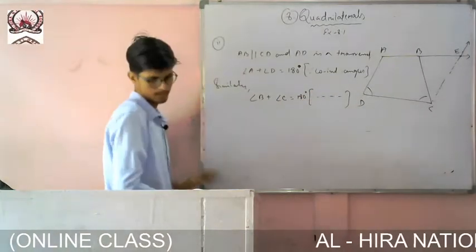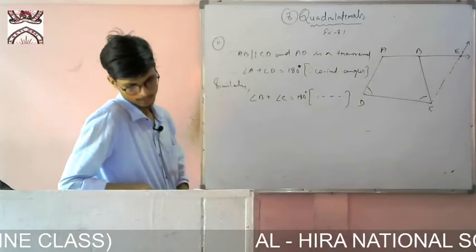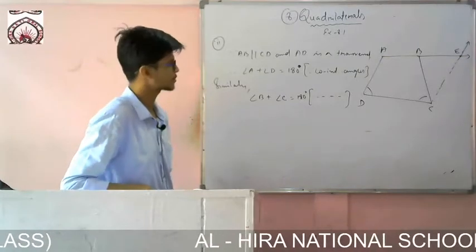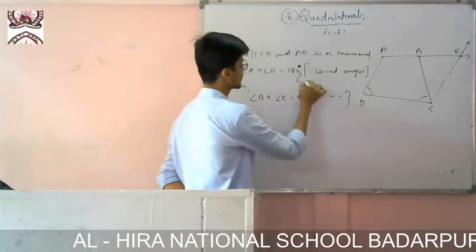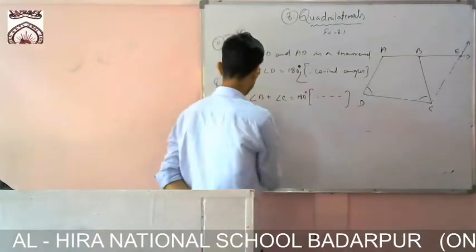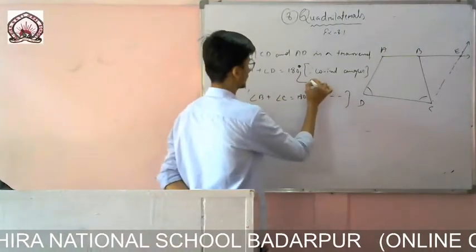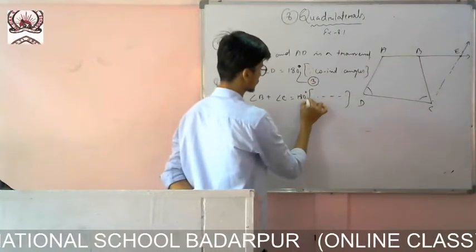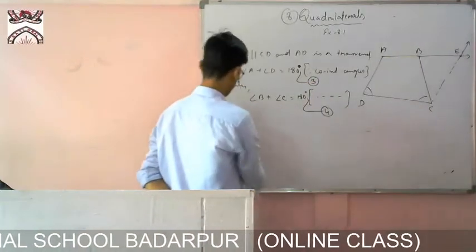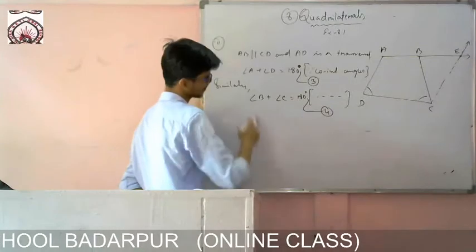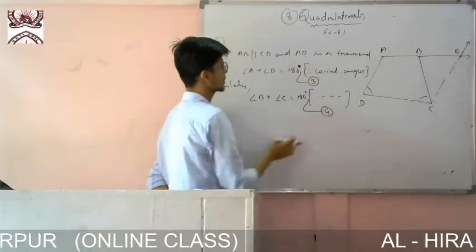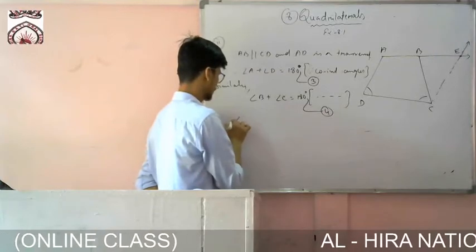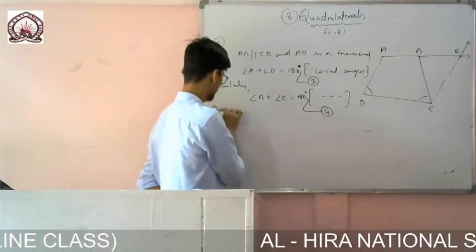So similarly, they will be co-interior angles, so angle B plus angle C equals 180. Both of them are equal to 180. Earlier you gave Roman numbers 1 and 2, so now give 3 and 4. Therefore, from 3 and 4,